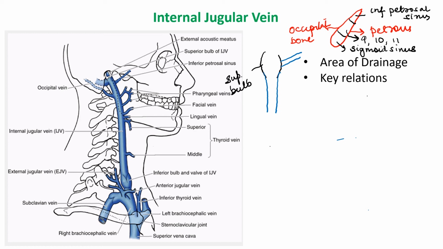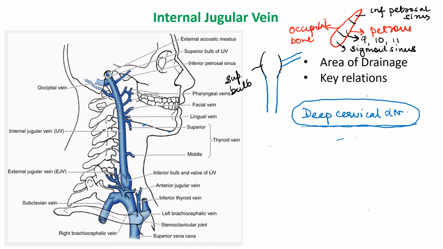In most of the pictures, if you see, there will be at least some end of the internal jugular. The whole vein will not be there, but a cut part will be there, so that you maintain your bearing in the neck as to where the structures are going to be related to the internal jugular vein. Now, another very important structure related to the internal jugular vein are the deep cervical lymph nodes. On the superficial surface are present the deep cervical lymph nodes, which are the ultimate area of drainage of the smaller lymphatics. We saw submental here, submandibular here, and here you saw parotid. Ultimately, all of them drain into these deep cervical lymph nodes, which are present in relation to the